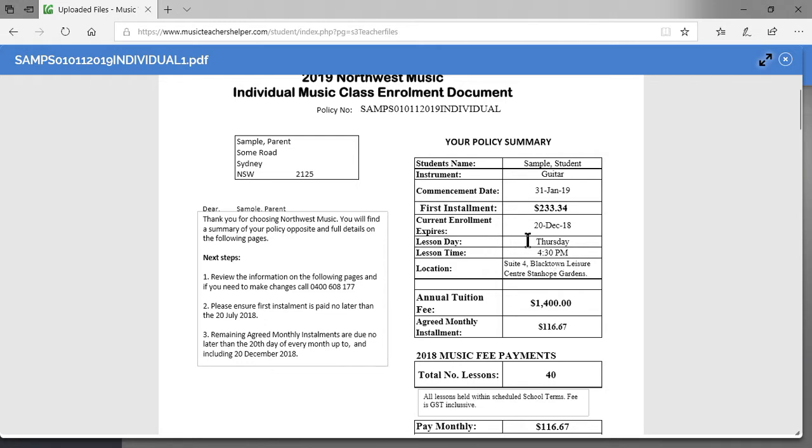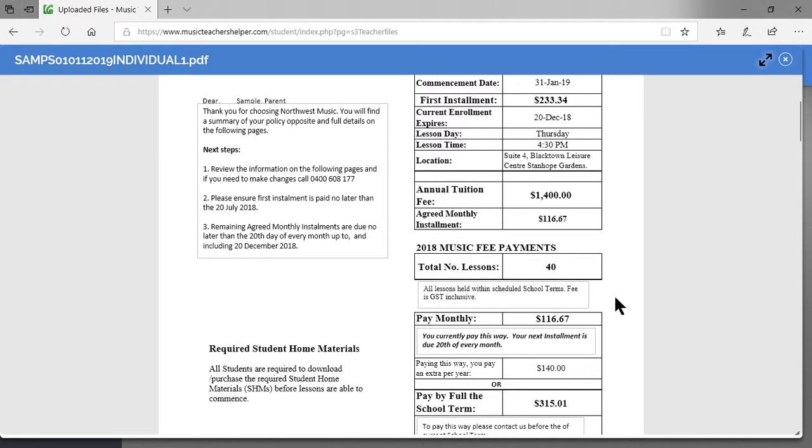Now, lesson day is Thursday, time 4:30 p.m. If your day or time needs to be changed in any way, please send us an email with your request of available days and times so that we can start forward planning for 2019 schedules.